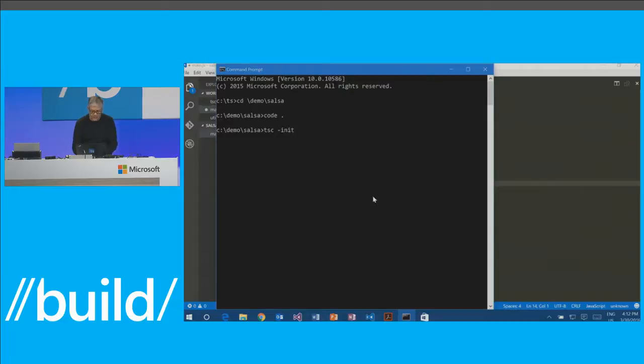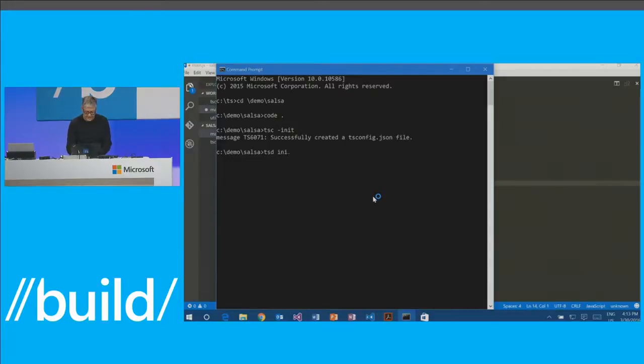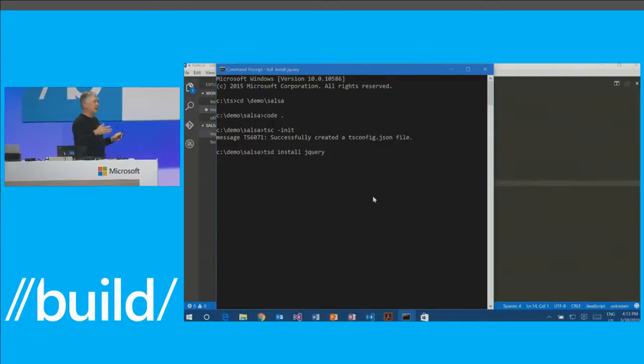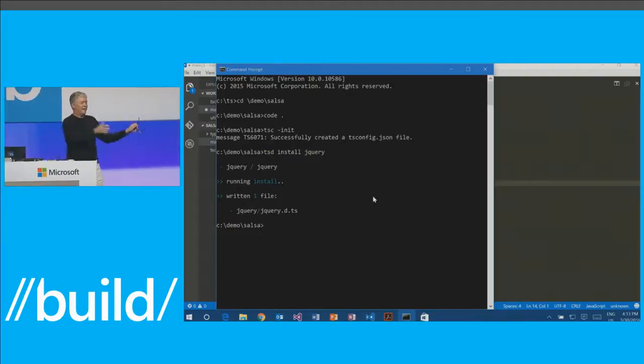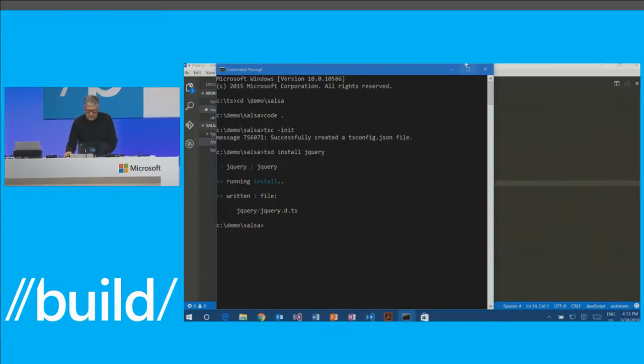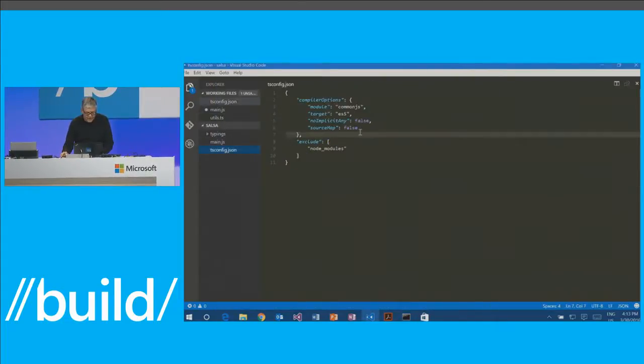So what I can do in this project is just create a tsconfig file, and then I can use tsd to install the jQuery type information. TSD is this tool that allows you to install declaration files from DefinitelyTyped. And so that went out, got that declaration file, sucked it into a directory called typings, and now I can go in, I can modify my tsconfig file, and all I gotta do is say allowJs: true, save,